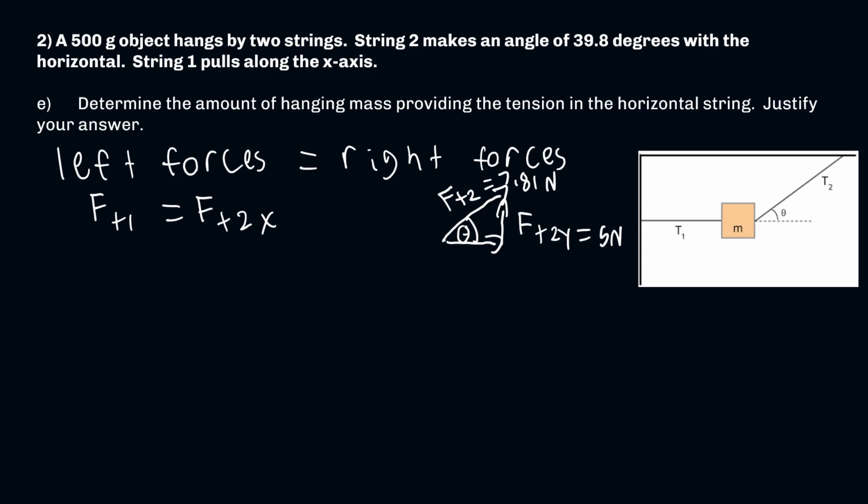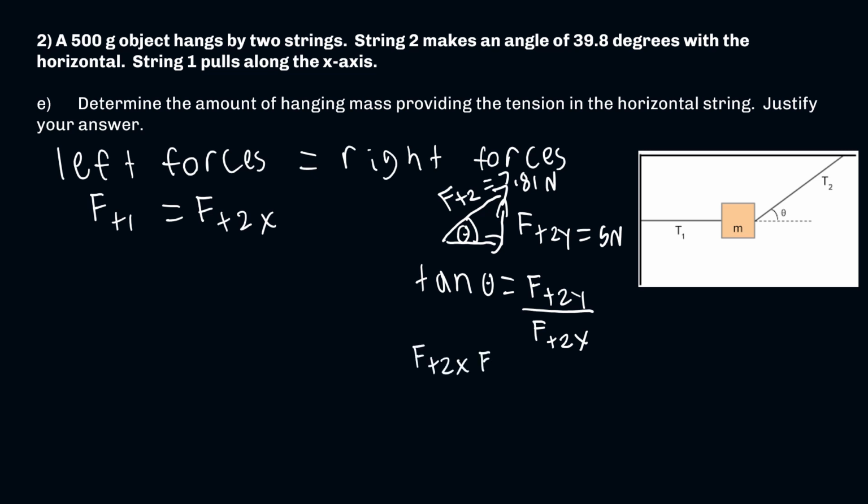So we're going to use tangent here. So tan theta equals opposite over adjacent. In this situation, the opposite is going to be FT2y, and the adjacent is going to be FT2x. Doing a little bit of algebra here,